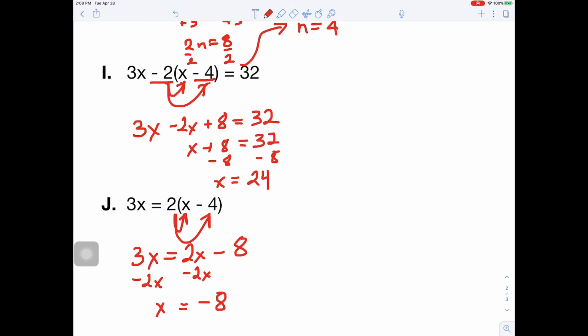And there's your practice set for you, grade 7. Make sure you do the even numbers, and if you have any questions, I'll be available on